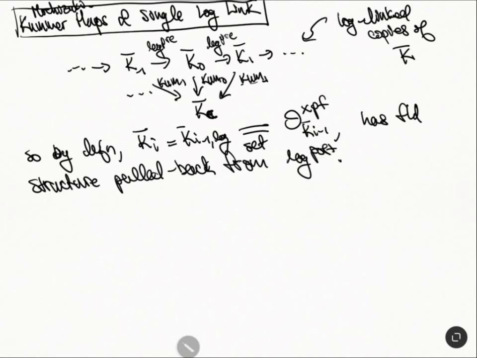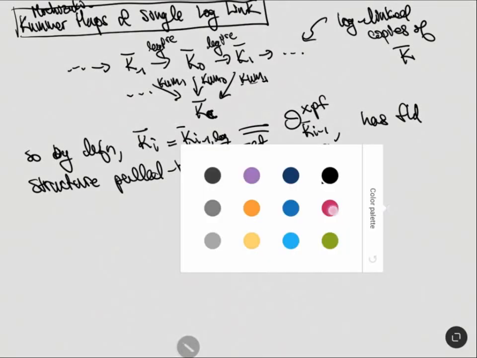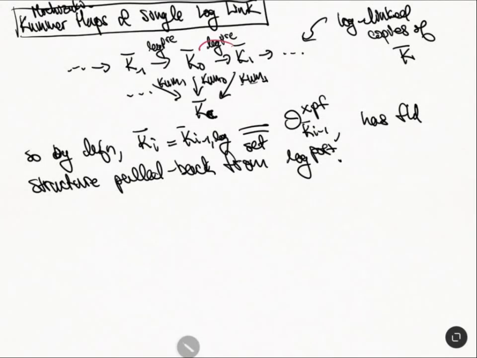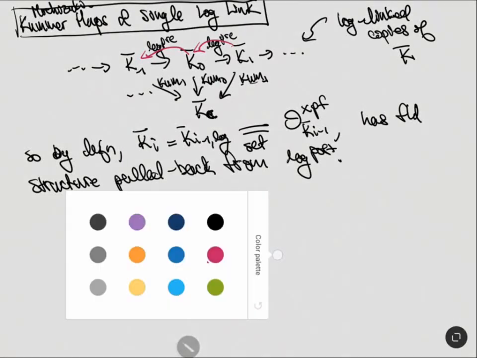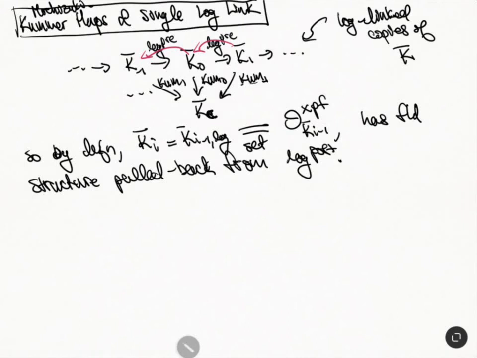Okay, so there's a bunch of field isomorphisms going backwards like this, and so what I want to do is examine what happens on this base field